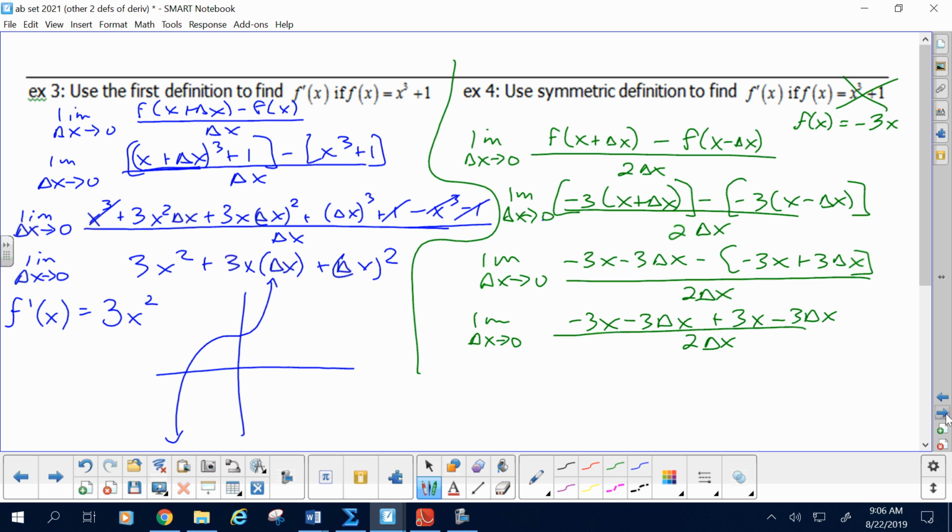that eventually the x terms drop away, leaving you with delta x, which is pretty common. Negative 6 delta x over 2 delta x is negative 3, straight up no delta x's. And so as delta x goes to 0, what does negative 3 go to? Well, it doesn't go anywhere, it's negative 3. And so delta x can do whatever the heck it wants. The function is always going to come out negative 3. Tell me why that answer makes sense.